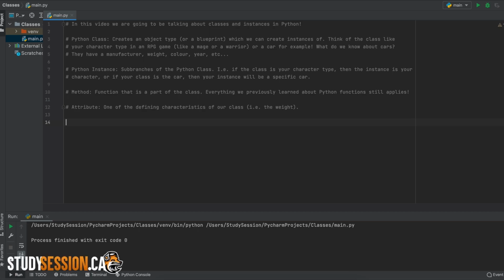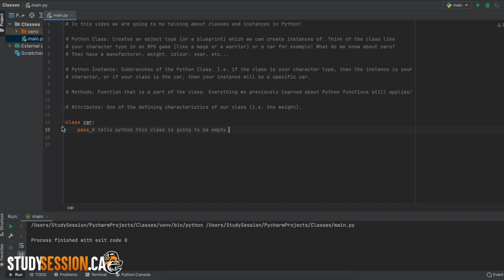Alright, so now that we have an understanding of what classes, instances, methods, and attributes are, let's create an example so that we can see how all this looks in actual Python code. The simplest class that we could make is just an empty class. To do this, we must define the class, so we do this by saying class and car, for example. Then in the nested code below, we just put a simple statement of pass, and this tells Python that our class is going to be an empty class.